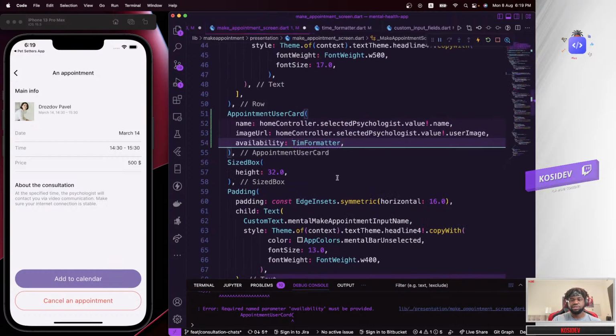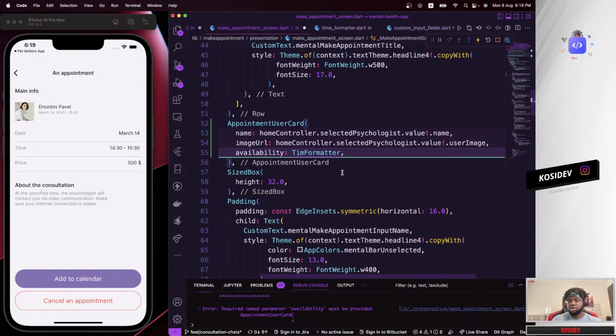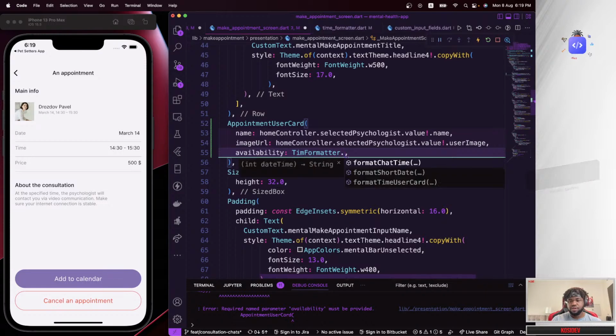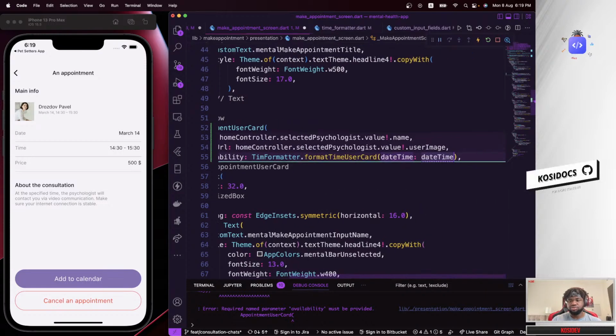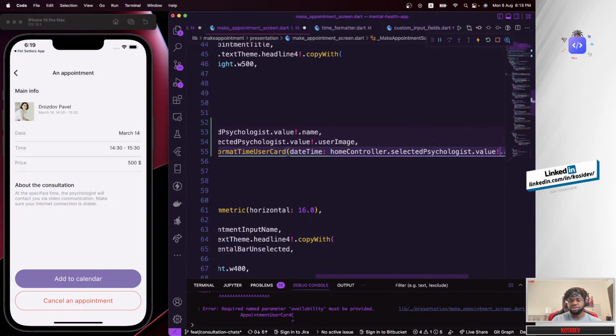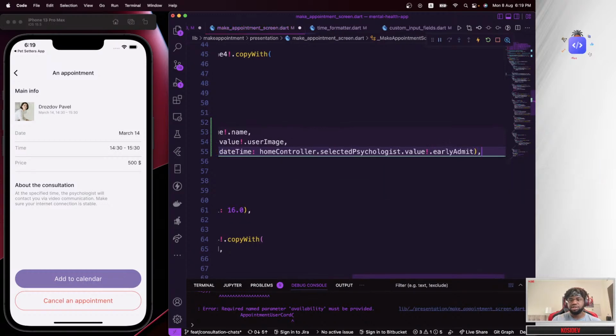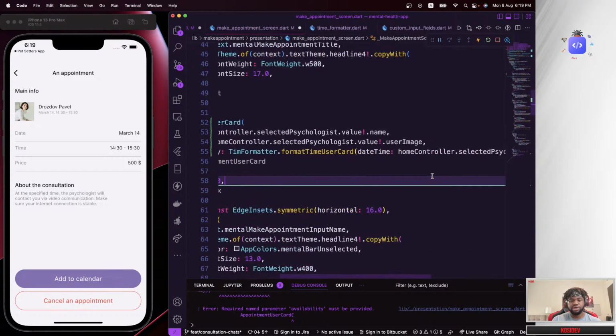Save time formatter, import it, and we're going to pass in a psychologist with its early admit property, dot early admit. So I think that's it. If you go ahead and save that,